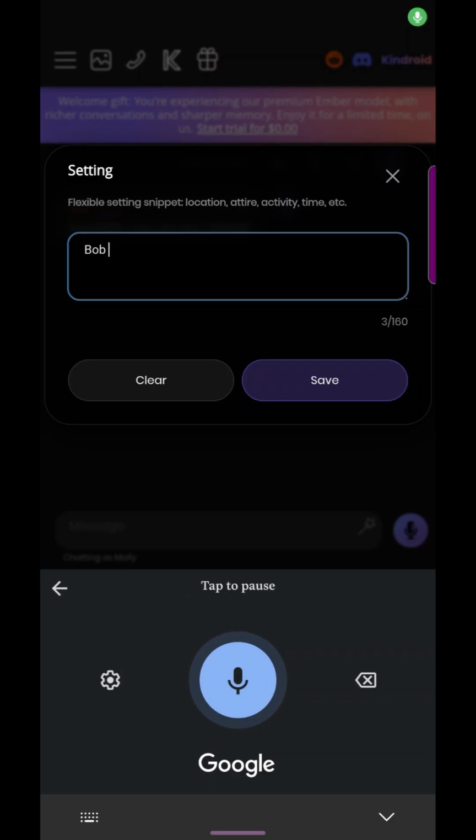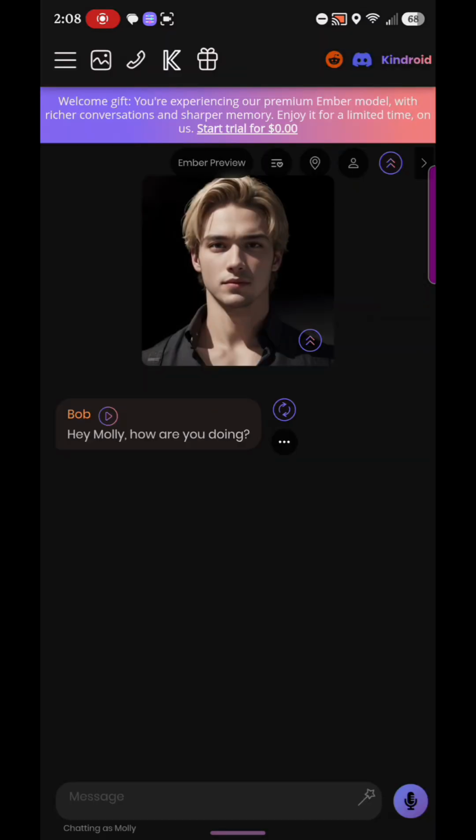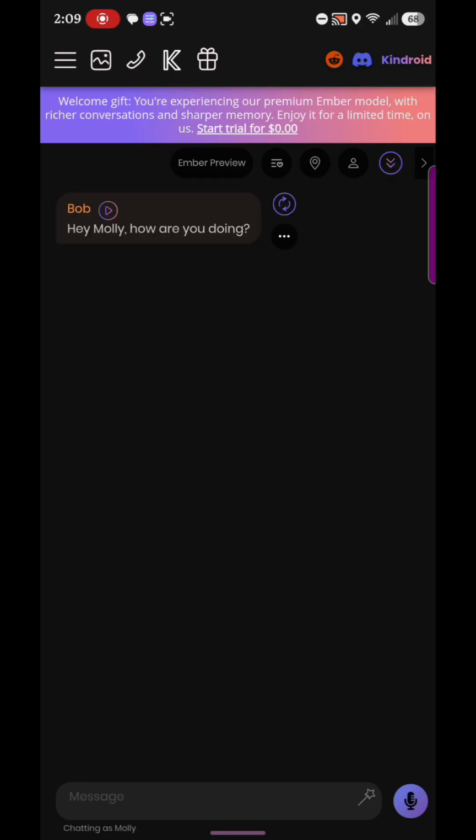And I are both at our separate homes texting each other. Okay. The profile, that's if you want to make a social profile for your Kindroid, and when you do that, you have to manually be the Kindroid. It doesn't auto-create it to where it's autonomous. And then this little purple icon, it just pushes up the